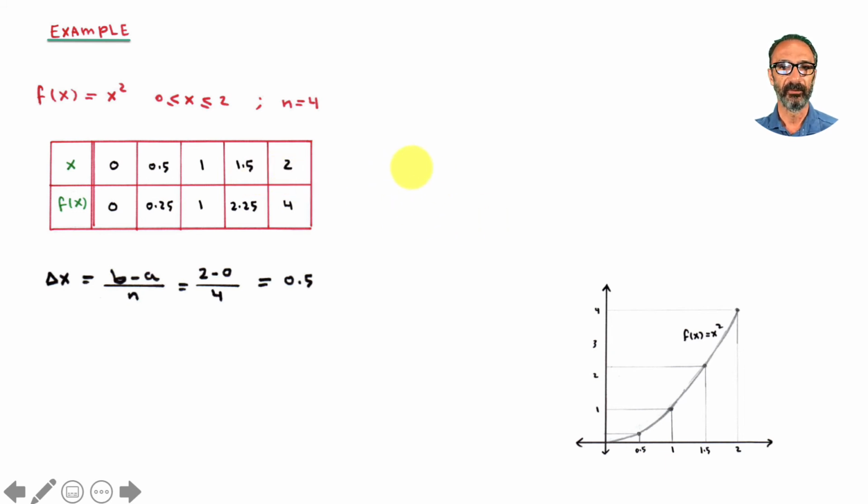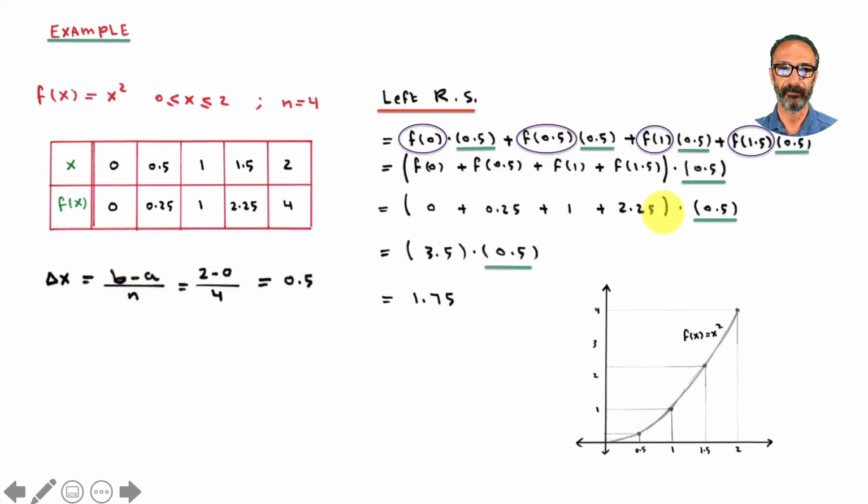Alright, now let's talk about the left Riemann sum. This is a graph, just quickly, to describe those numbers for a second degree function from 0 to 2. 2 will take you up to 4 and 0 will keep you at 0. The left Riemann sum is the following. First interval from 0 to 0.5, that's the width, times the height. You take it from the left. This is my left, f of 0. For the second interval from 0.5 to 1, my left is 0.5,